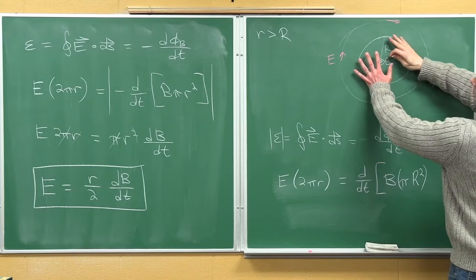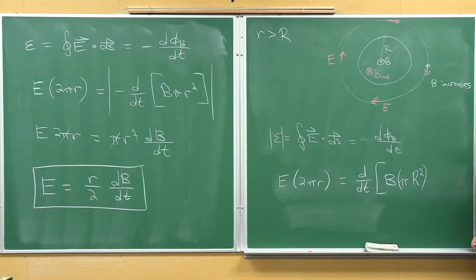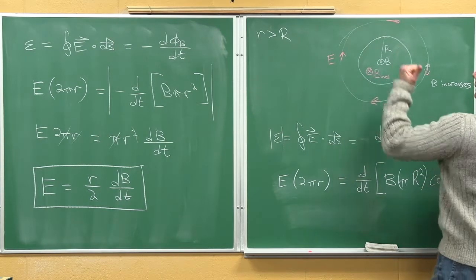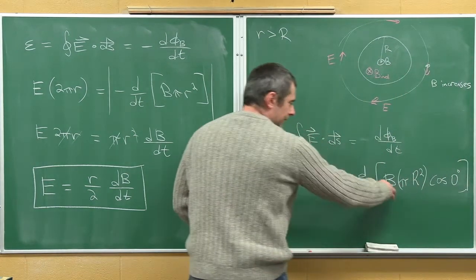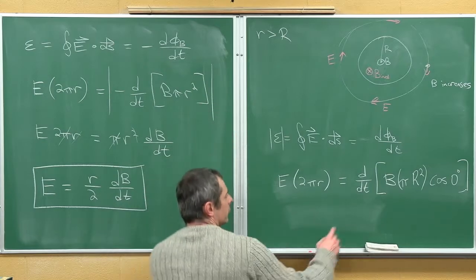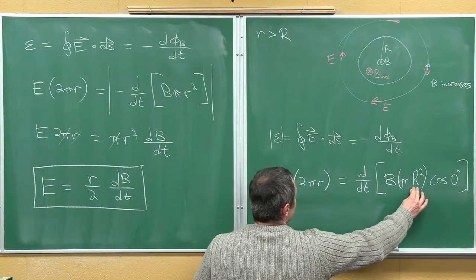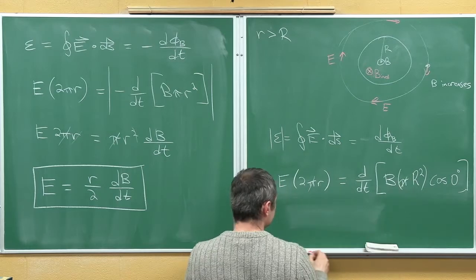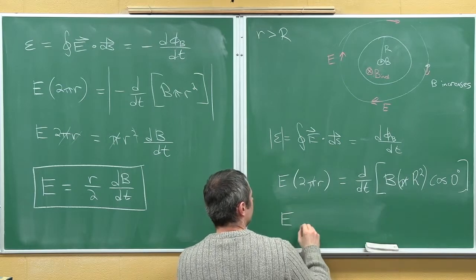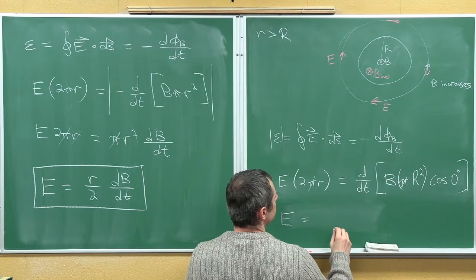Again, that's the area where the magnetic field is confined to. And then we could even write cosine of 0 degrees because, again, the area vector and the magnetic field are parallel to each other. Once again, the only thing that changes is the magnetic field, so we can take these out of the derivative and also the pi goes away. So the electric field, when we solve, is,